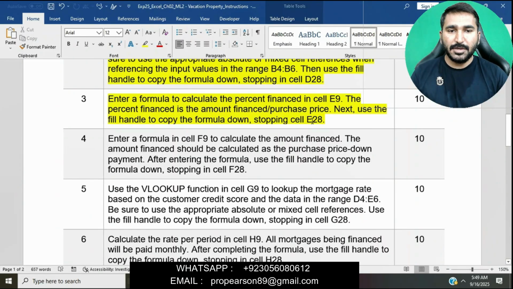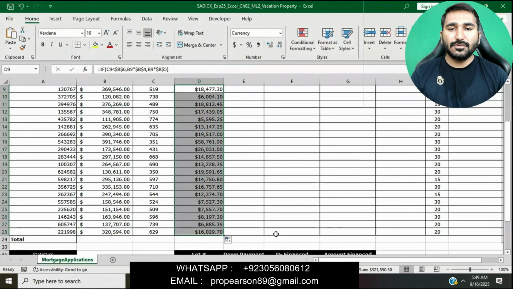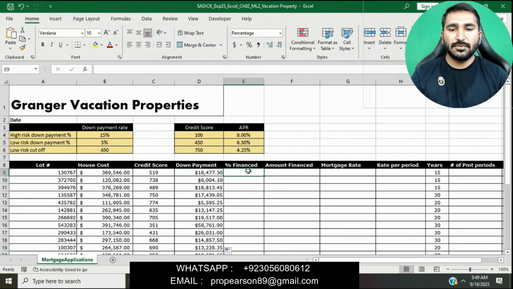You can see here, basically in this question we will enter a formula in cell E9.